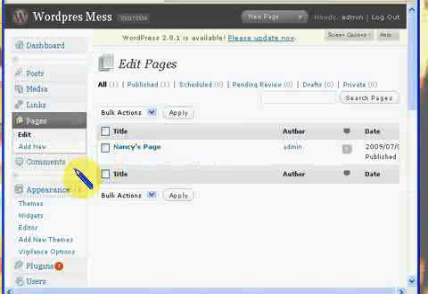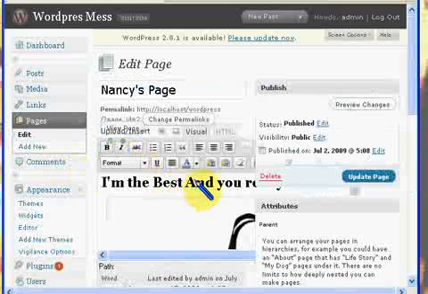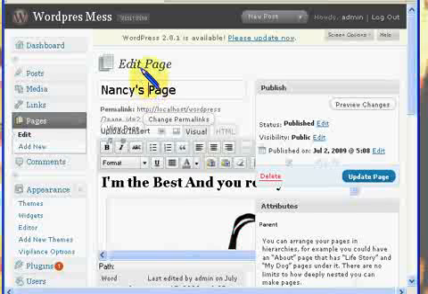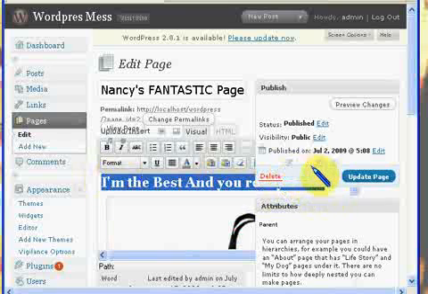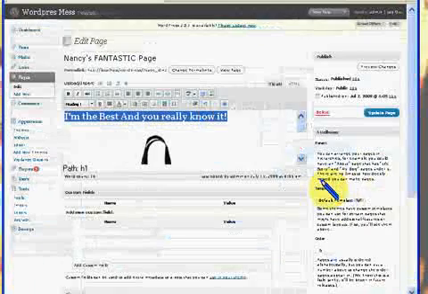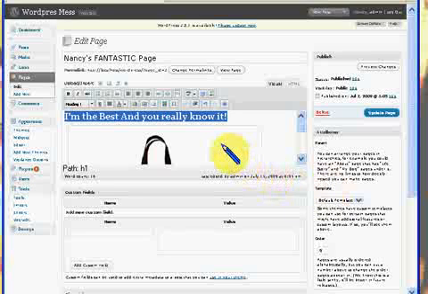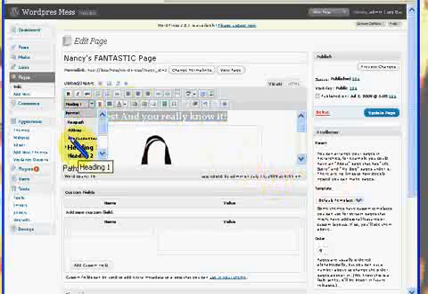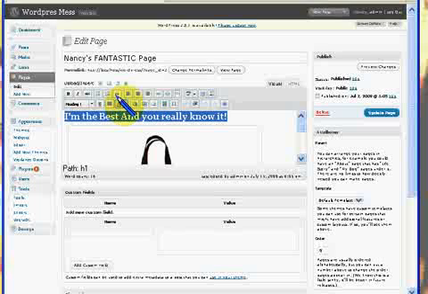Now I'm kind of thinking I want to make it Nancy's fantastic page. And this part where it says I'm the best and you know it, I'm going to make that really stand out, dude. I'm going to select this. I'm sorry, it's kind of small. If I get back a little bit, it will get all squished up. So I'm the best, you know it. I want to make that, I'm the best, and you really know it, in